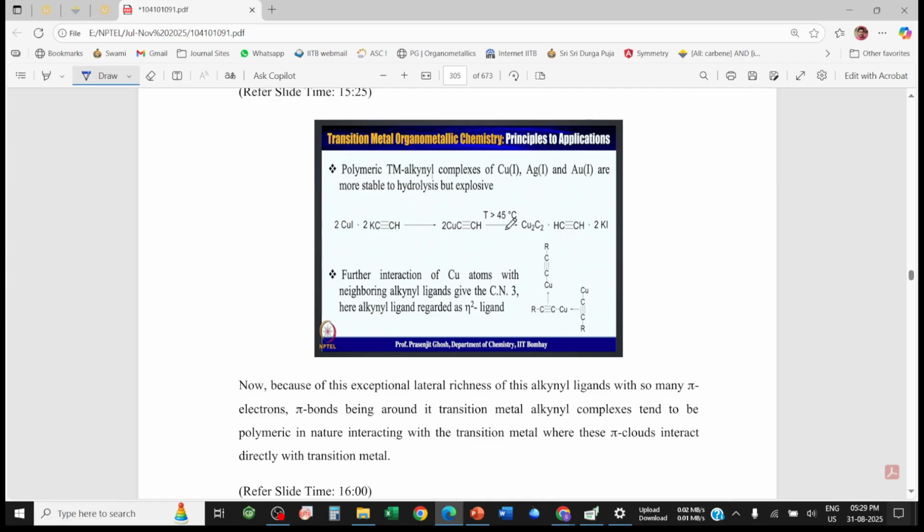Now what will happen, let's say at a temperature less than 45, it will form copper carbide and acetylene and KI. Because of this acetylene, which is a gas and burns in air,